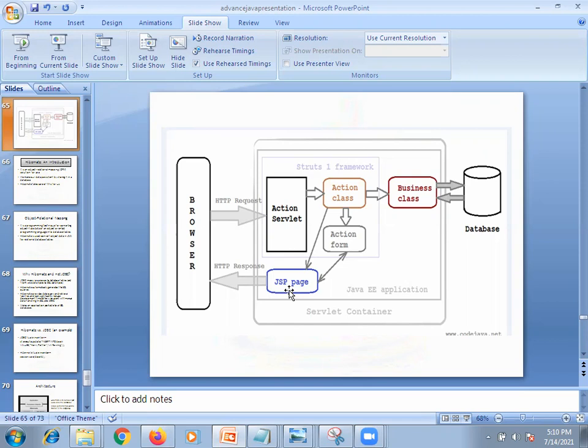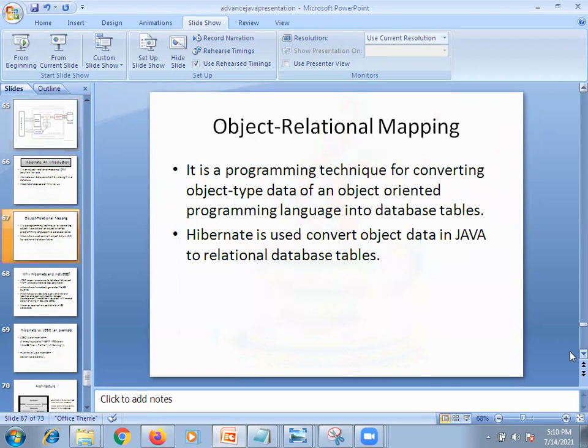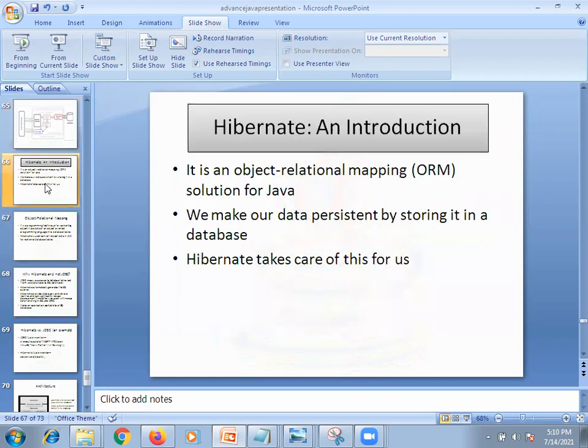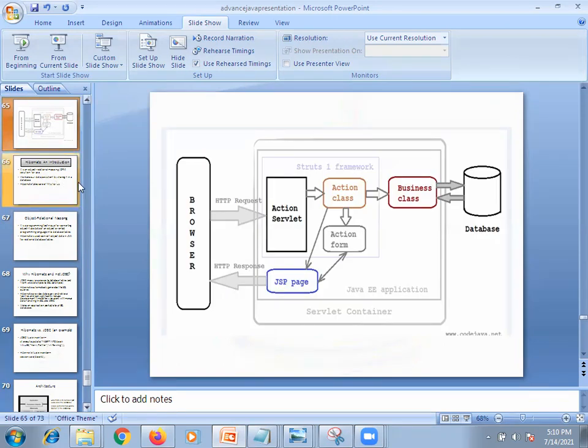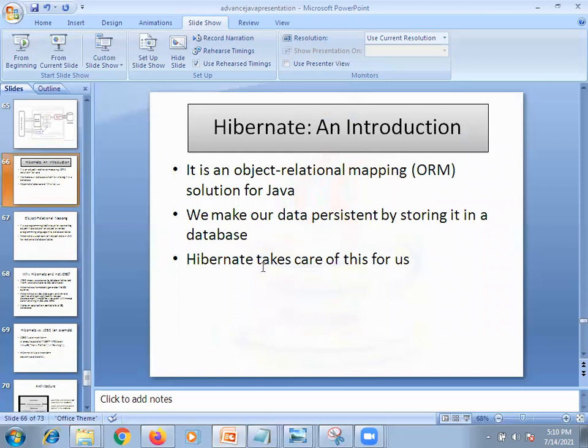Inside the struts configuration file, we are going to map all the action classes, forms and JSPs, like the view layer. Means the struts-config file is the file in which we map all the classes. Now coming to the model layer, sometimes Hibernate is introduced for the ORM layer.